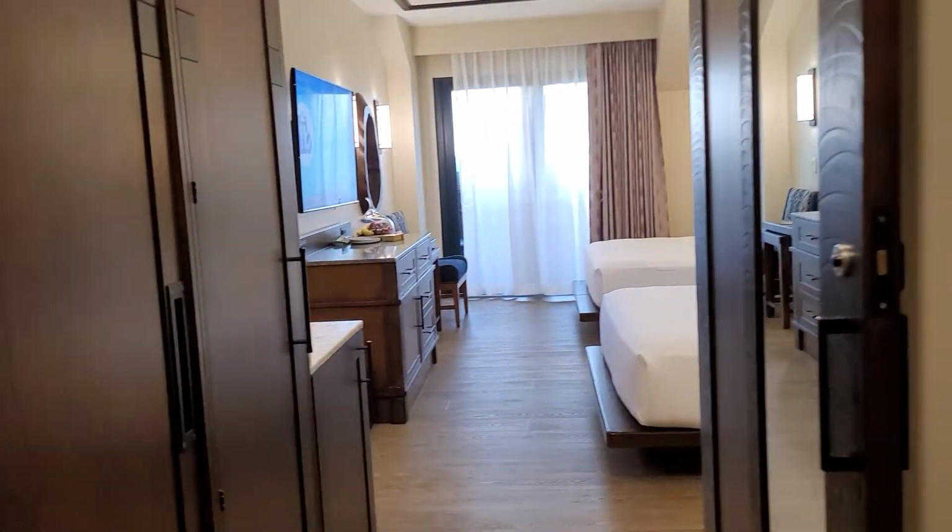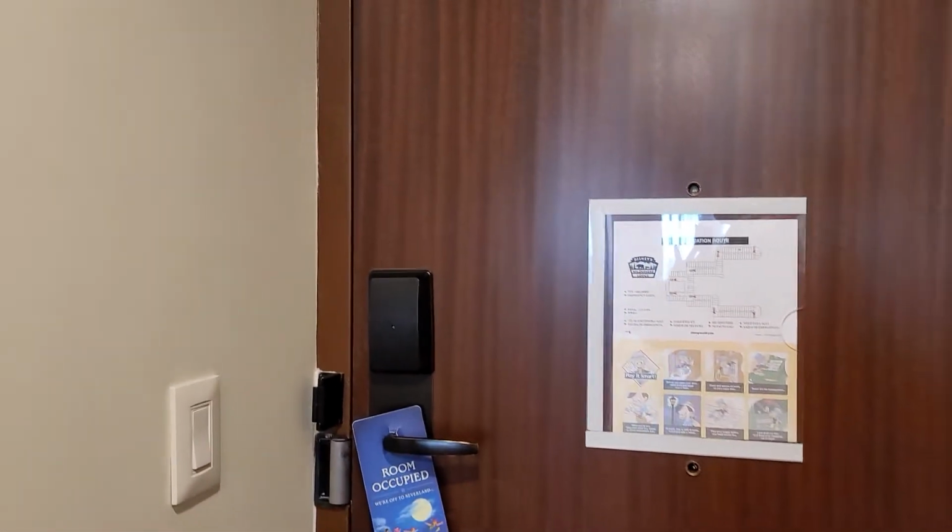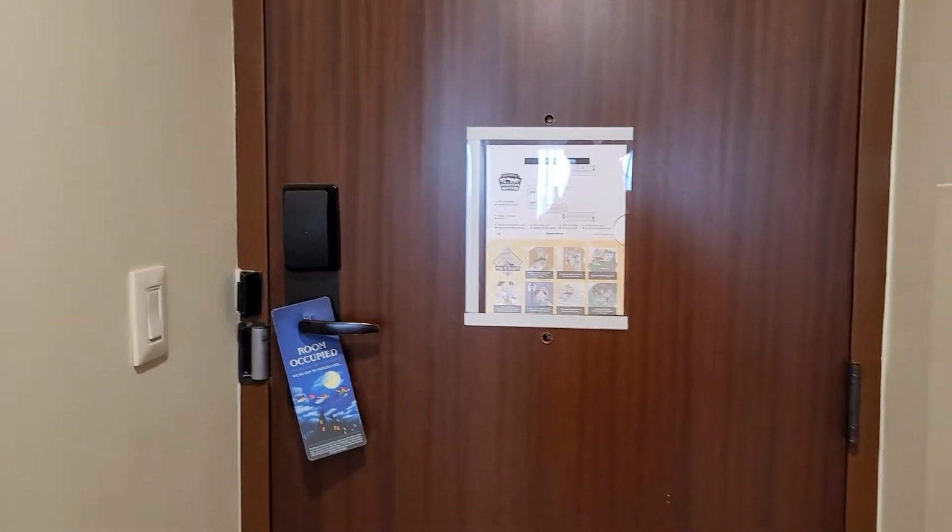Right, so let's walk in. This is Wilderness Lodge. We are in room 618. You'll have to forgive me for just jumping right in. I was trying to get past my toddler. So, door, as soon as you come in, then we have